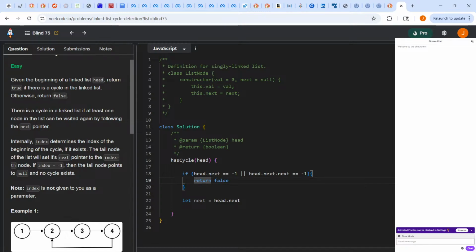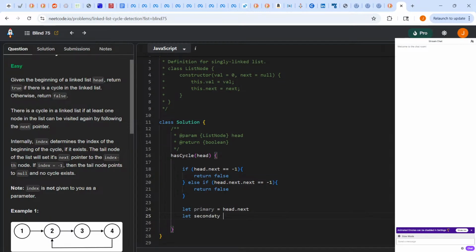Which honestly, I'm thinking this way of setting it up is going to error if next is -1, because it'd be like, can't find .next of null. So else if blah blah, then as we said, return false. Great, okay, so then next is head.next, or I'll say primary, just so that we have different words here. Secondary equals head.next, and then we'll say